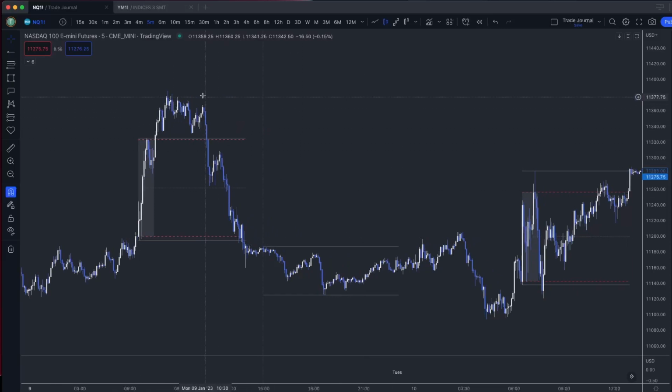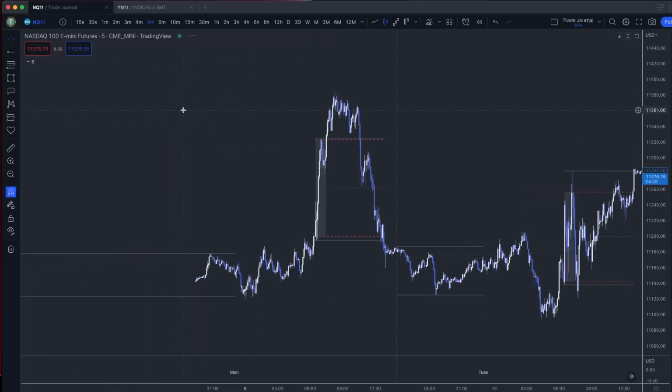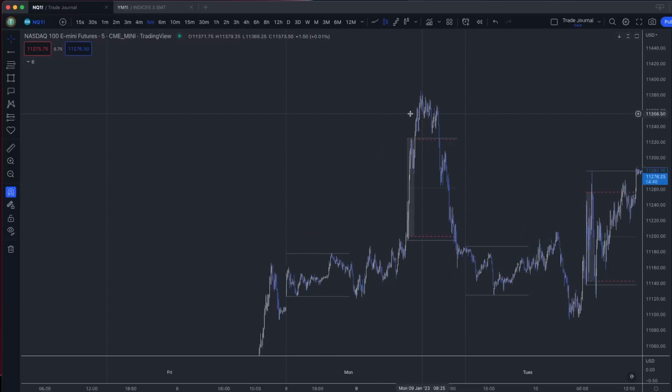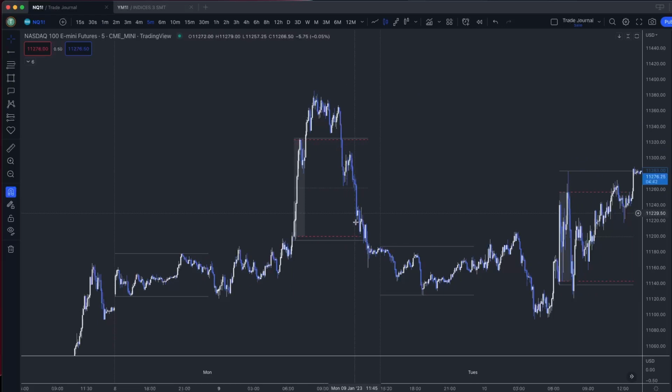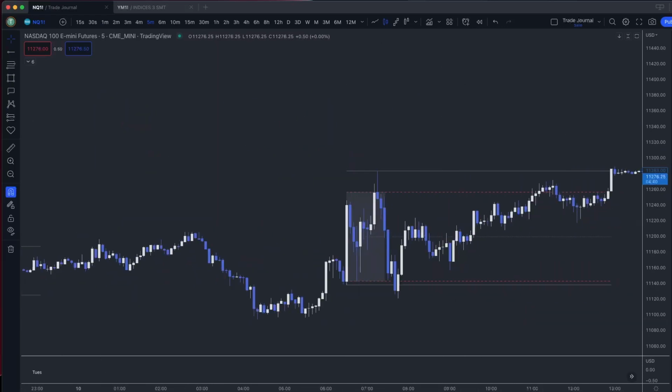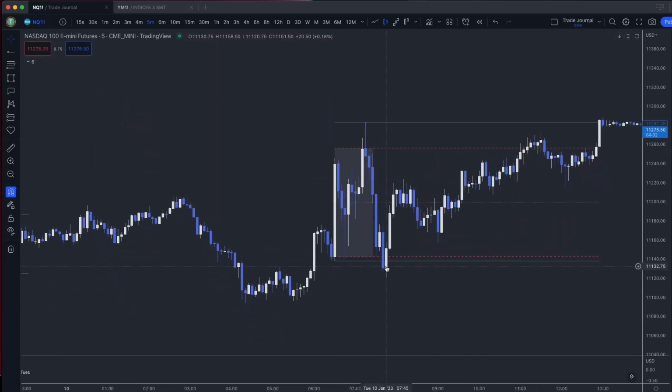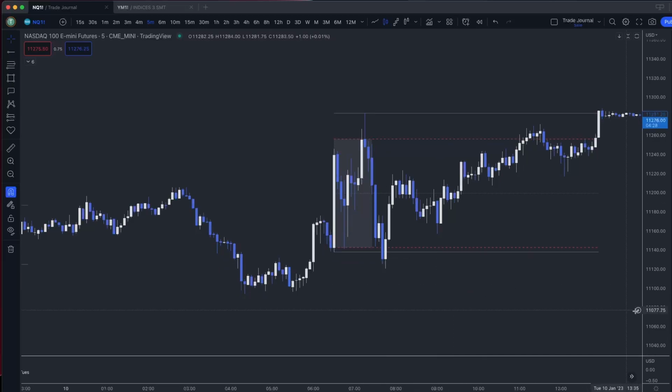Now, yesterday we talked about how this was a scenario 4. Scenario 4 is where we have a break and then a reclaim of the DR range after price hits a higher time frame point of interest, which we talked about how this hit a daily level and a weekly level before reclaiming the range back and then heading back down. So the first question I would pose is, did we have a scenario 4 today? I would argue that the answer was very clearly yes.